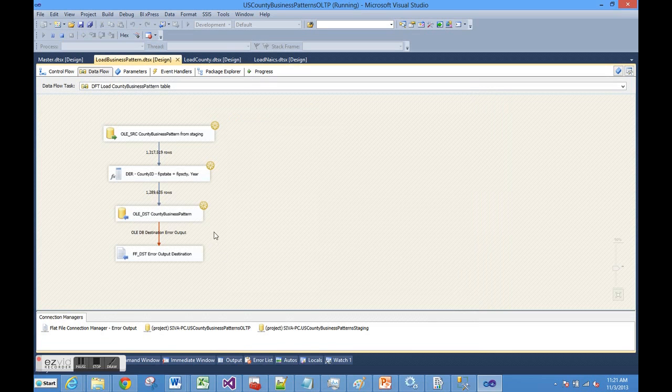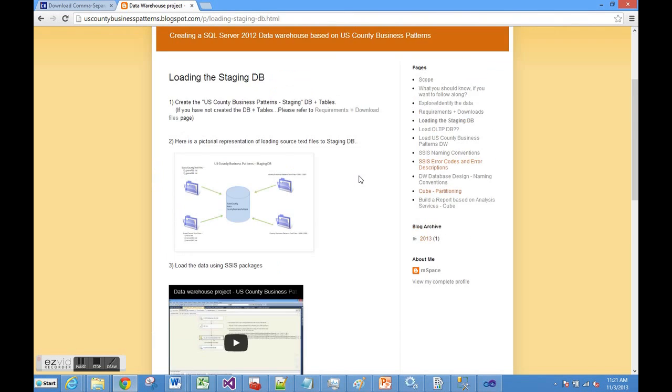And while we are talking on the package, there is a flat file destination for error output, and if you look at this text file, if there are any errors, probably you will find error code and error description in that file along with the source columns. So if we want to find what is the description for a particular SSIS error code, there is a link on the website, this one, SSIS error codes and error descriptions,